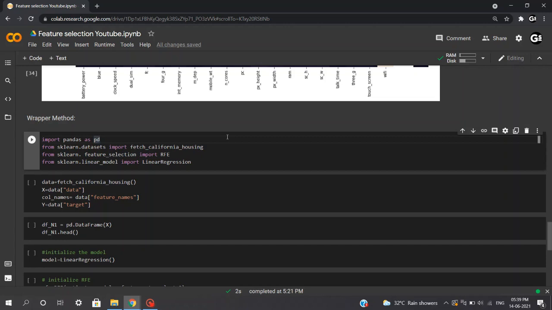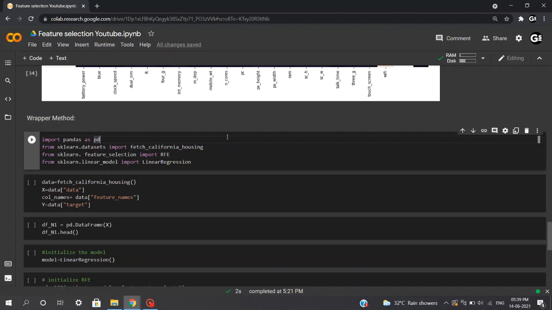So wrapper methods use a combination of features to determine predictive power, and they are based on greedy search algorithms. The wrapper method will find the best combination of the variables, and they will actually test each feature against test models that it builds with them to evaluate the results. Out of all three methods, this is very computationally intensive. It is not recommended that this method be used on a high number of features, and if you do not use this feature selection properly, then you might even end up overfitting the model.